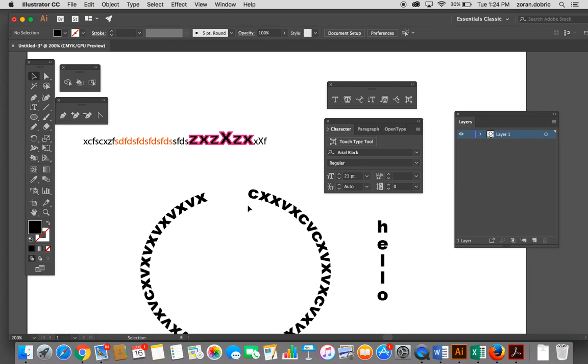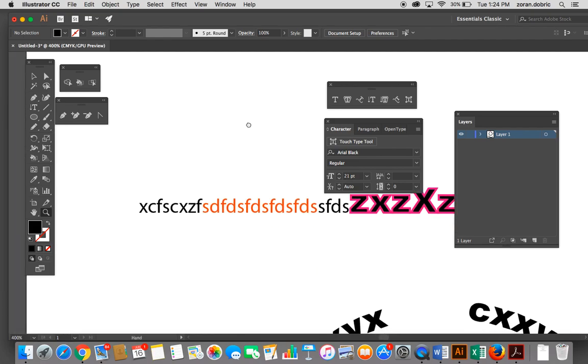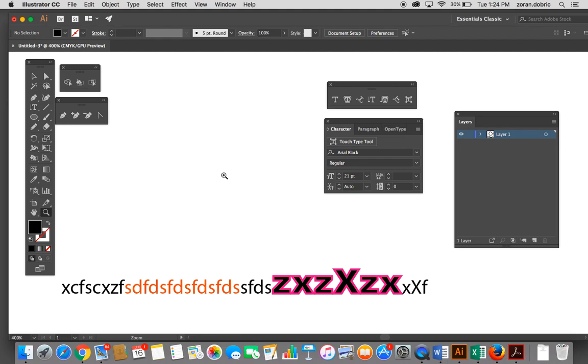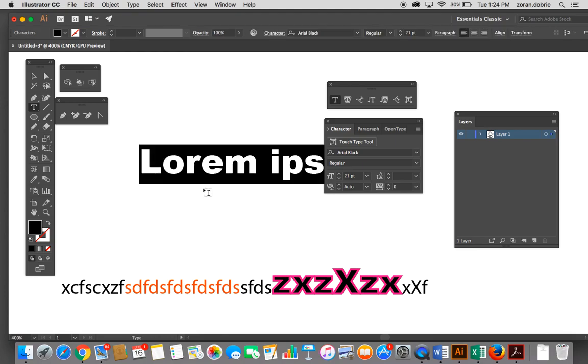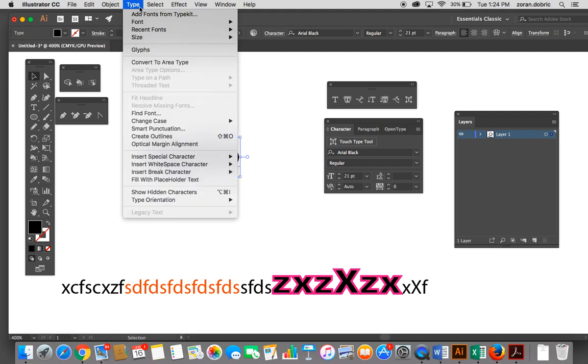However, when you save your file with a specific font, if you reopen it, you might lose your font if that specific computer doesn't have that font installed. So what you can do is outline text. This way the text is turned into an object, and you're not going to lose your font. Let me give you one example of this. If I say hello, and I go to Type, Create Outlines,